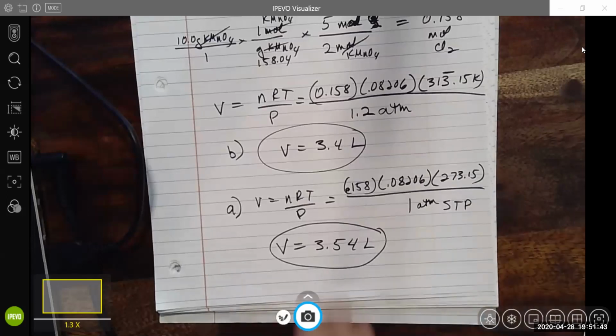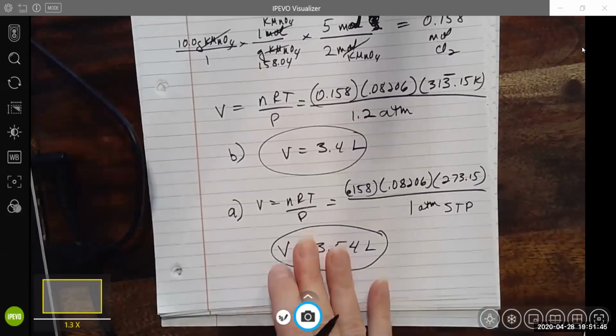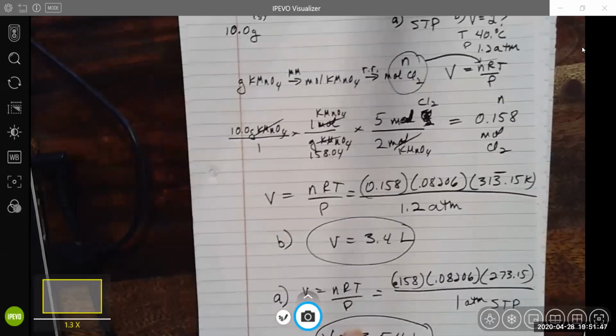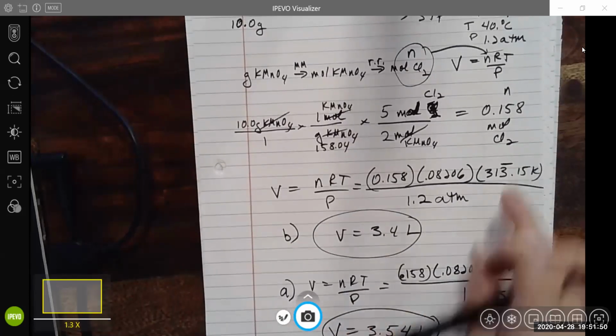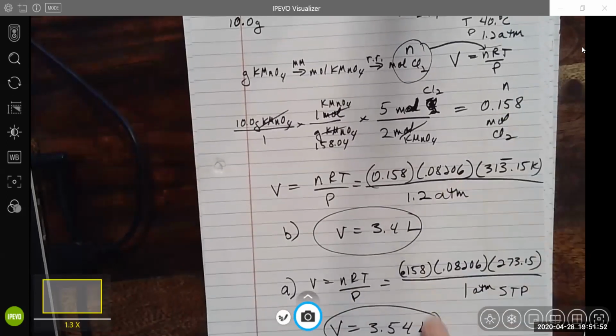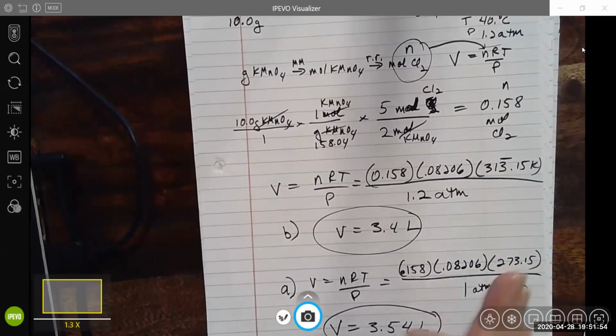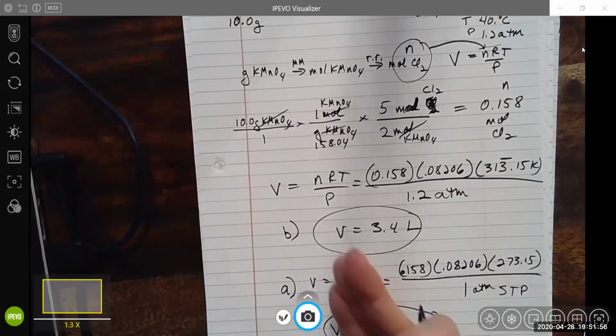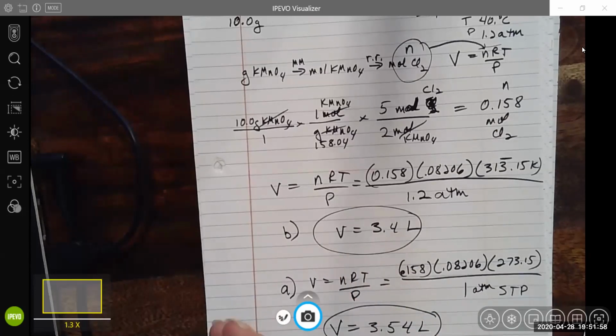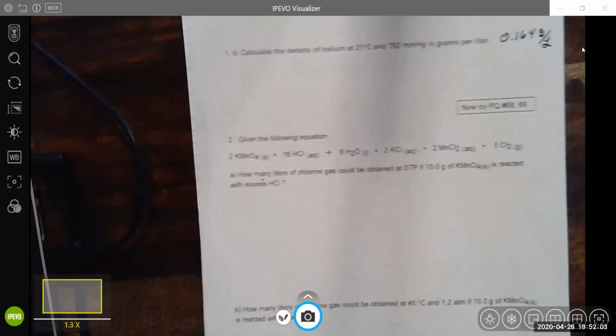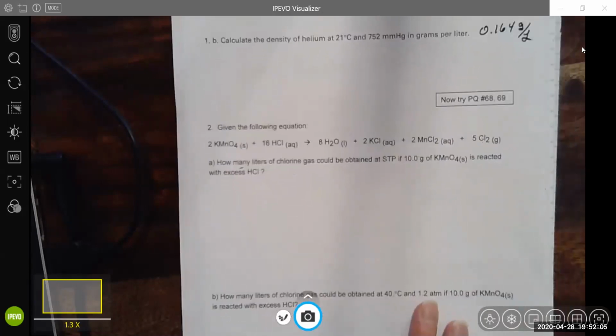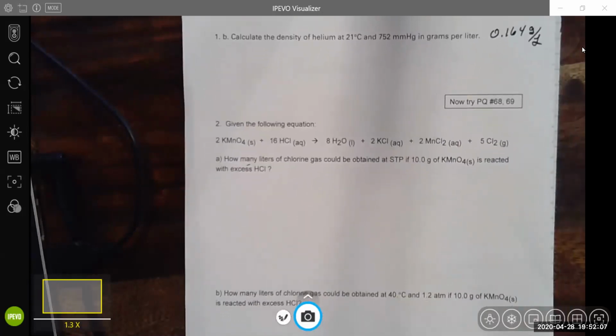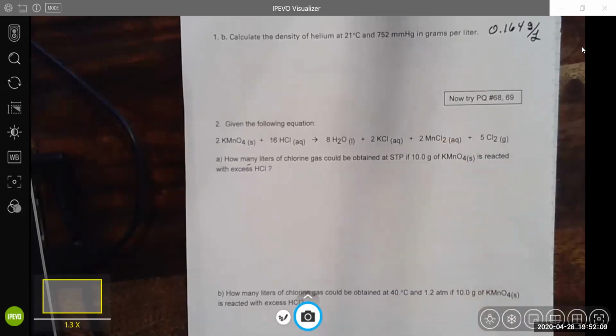Now, there's another way to do this problem A, because of course, if you had both of these to do and you already had the moles, then this is the easiest way to do it. Just put it on there. But what if you just had problem A first, and you didn't have problem B? There's a shortcut. So if you just have this problem as written, how many liters of chlorine gas could be obtained at STP? You don't have to do it this way, but there is this STP shortcut that I want to mention. Okay, so at STP,